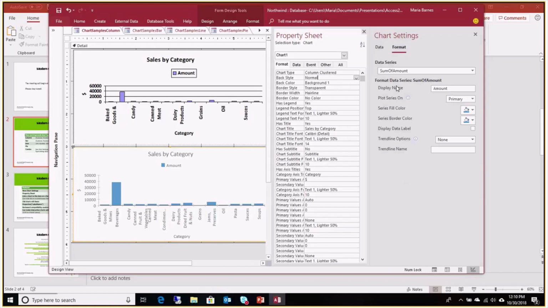So in this chart's case, there is only one data series, but if you have multiple ones, you would set the settings for the one series, and then you would change the data series to the other one, and then set the properties for that series next. So you can do things like change the display name, which is what shows here in the key. So you could call it